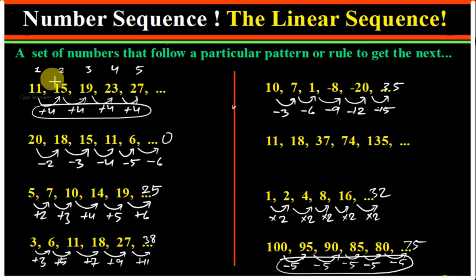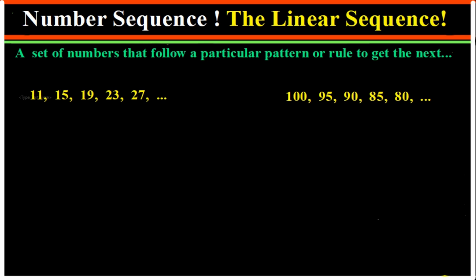So let's see what are the other things in the linear sequence. So we understood about the linear sequence. If the sequence is increasing with the same amount all the time, that is what the linear sequence is. Or if the sequence is decreasing with the same amount all the time, that is also a linear sequence. In a linear sequence, the first thing is the first term of the sequence. Here that is 11, here the first term of the sequence is 100. This is what the first term is.